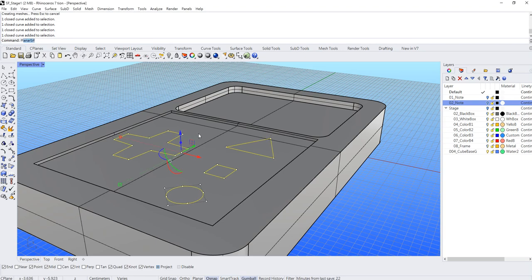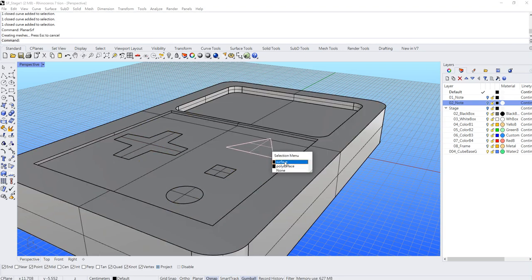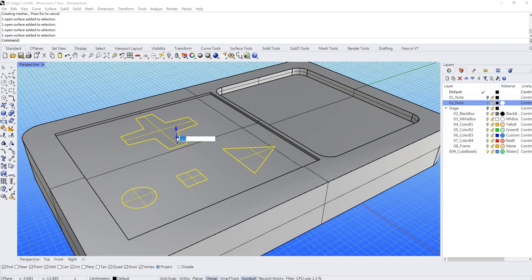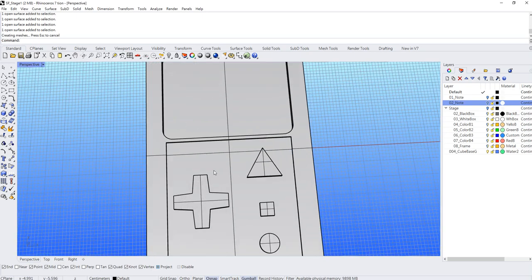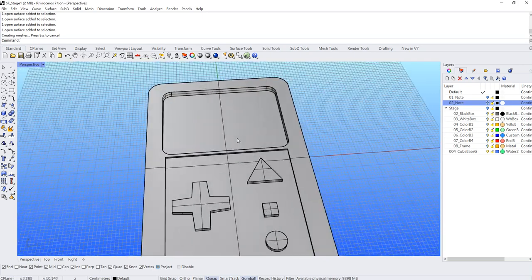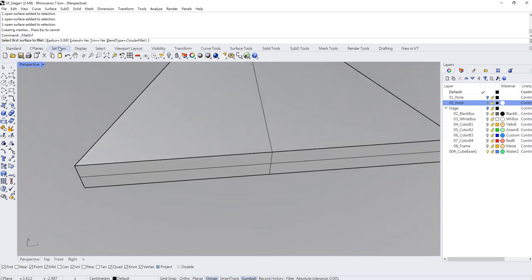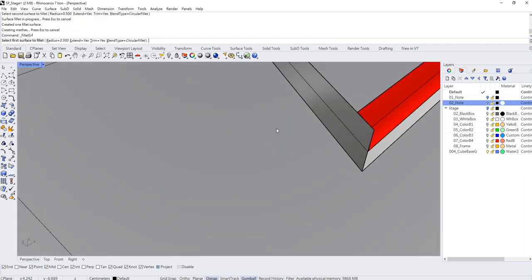Okay, and planar surface. Now let's select all of them. And for this one, I think it's supposed to be at least 1. Okay, extrude. So basically we have a rough outline of the game console. So for sure you can keep creating some detail. For example, you can try to make some deep bevel curve for the border. Like, okay, I'm trying to type this one. But it will take you some time